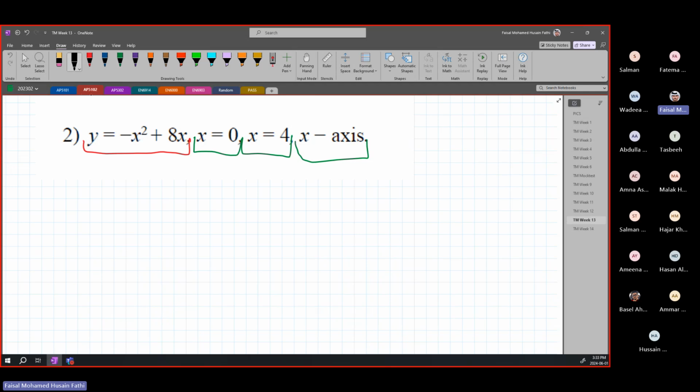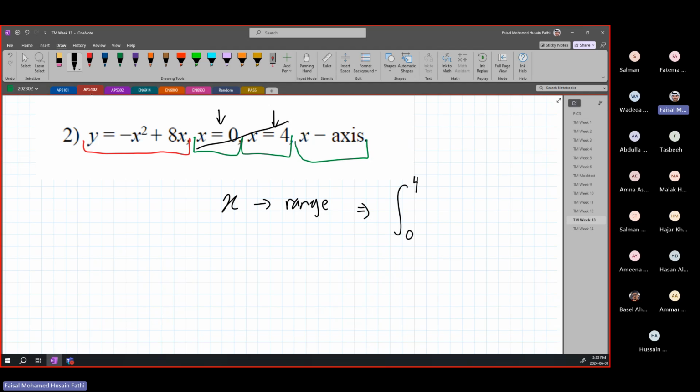So we don't even need to draw it. You guys should know by now that these x values are your range, all right? So the x value is the range. So basically, in other words, it is going to be from 0 to 4, all right? So we don't need to look at these anymore.